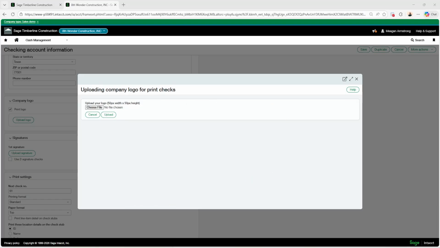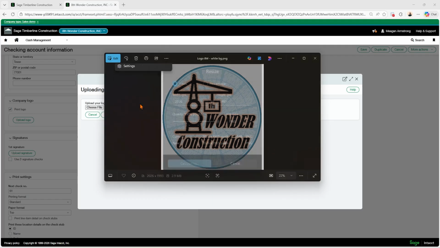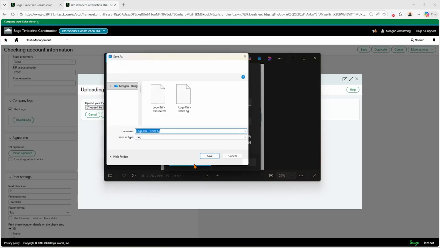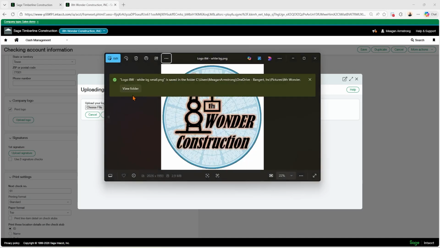So I'll open up my logo here, and this is just the Microsoft Photo Viewer. And you can see here that it's 2000 by 2000-ish pixels, and that's too big. So we'll click the three dots and we'll hit resize image. And we'll do 50 by 50-ish because it's keeping the same ratios here. And then we'll want this as high of quality as we can. And we'll hit save. This is just going to save a new image here. And we'll do small. So that's now been saved.